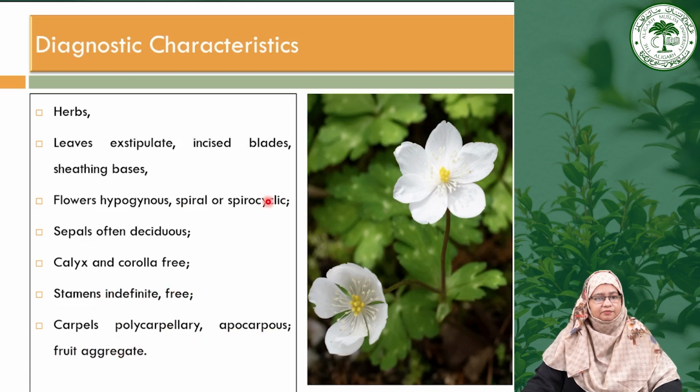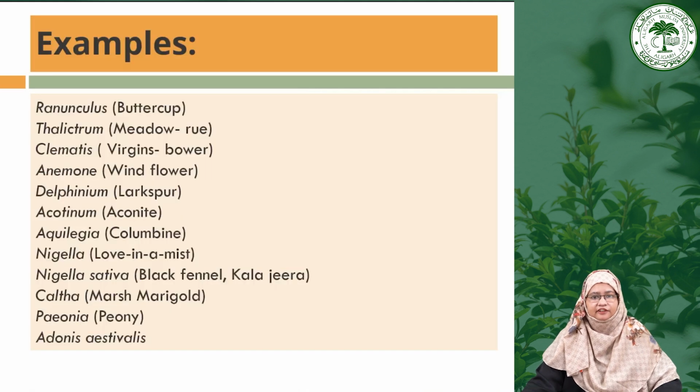So these are some characteristics of the family Ranunculaceae, which we can see also here. There are many stamens, then many carpels with apocarpous condition and the stamens with polyandrous condition. As we explore the Ranunculaceae family, it's essential to recognize some notable examples that highlight the diversity